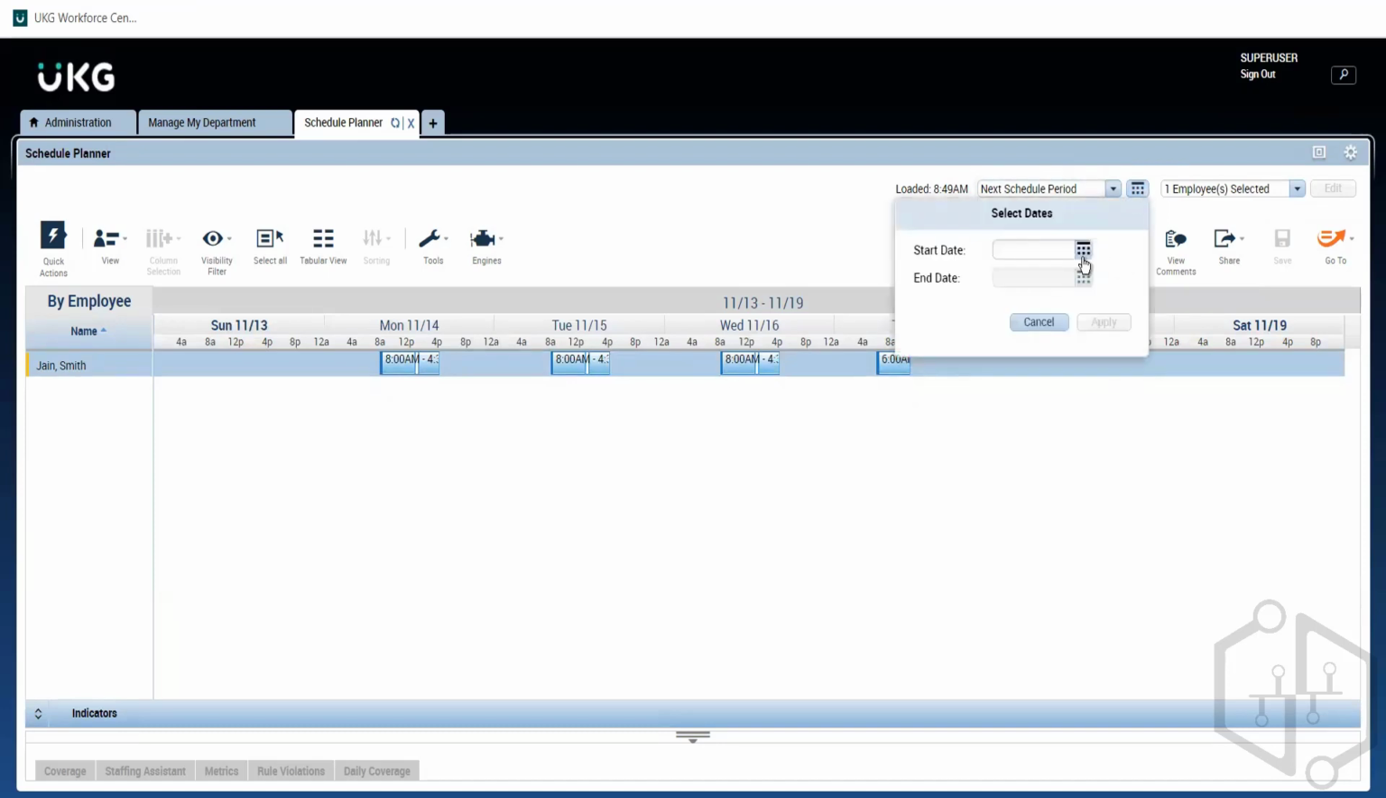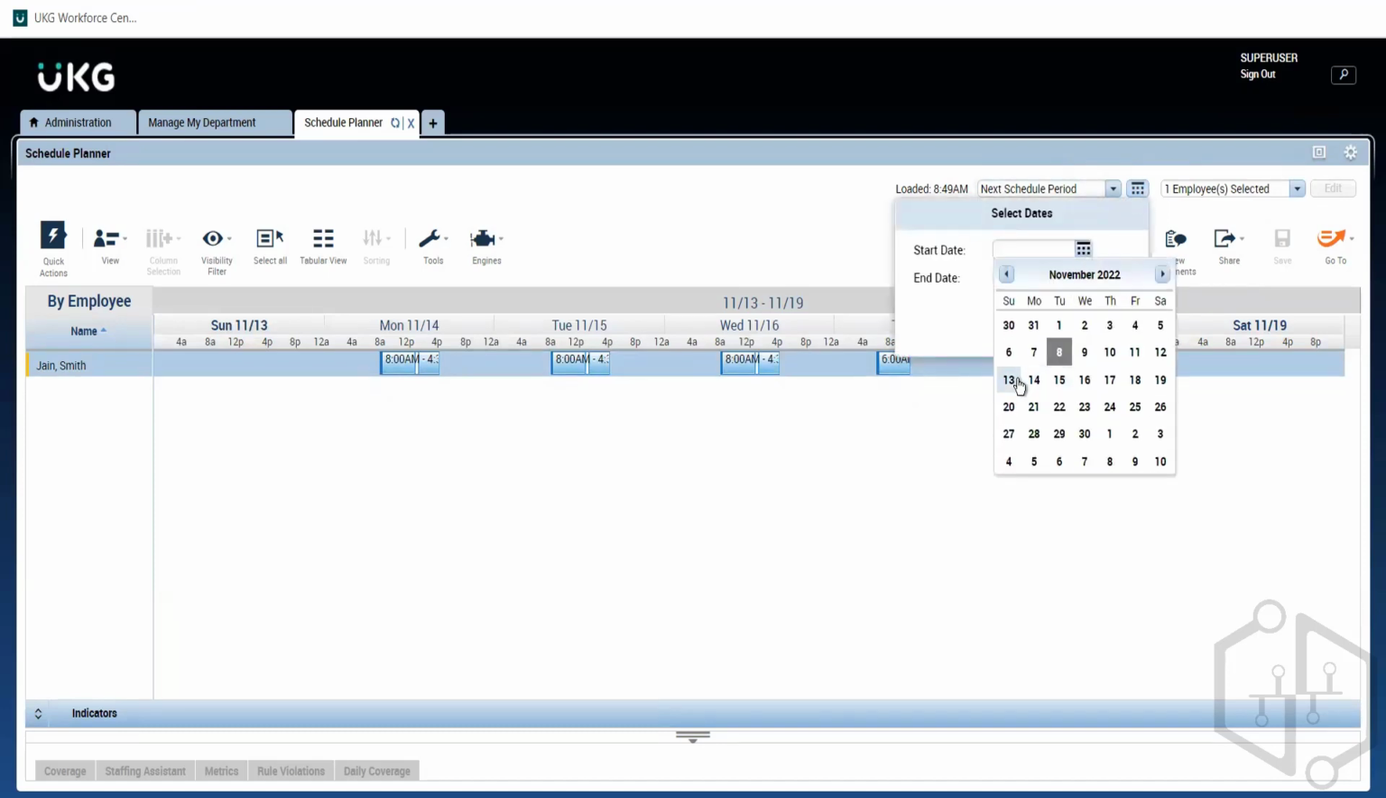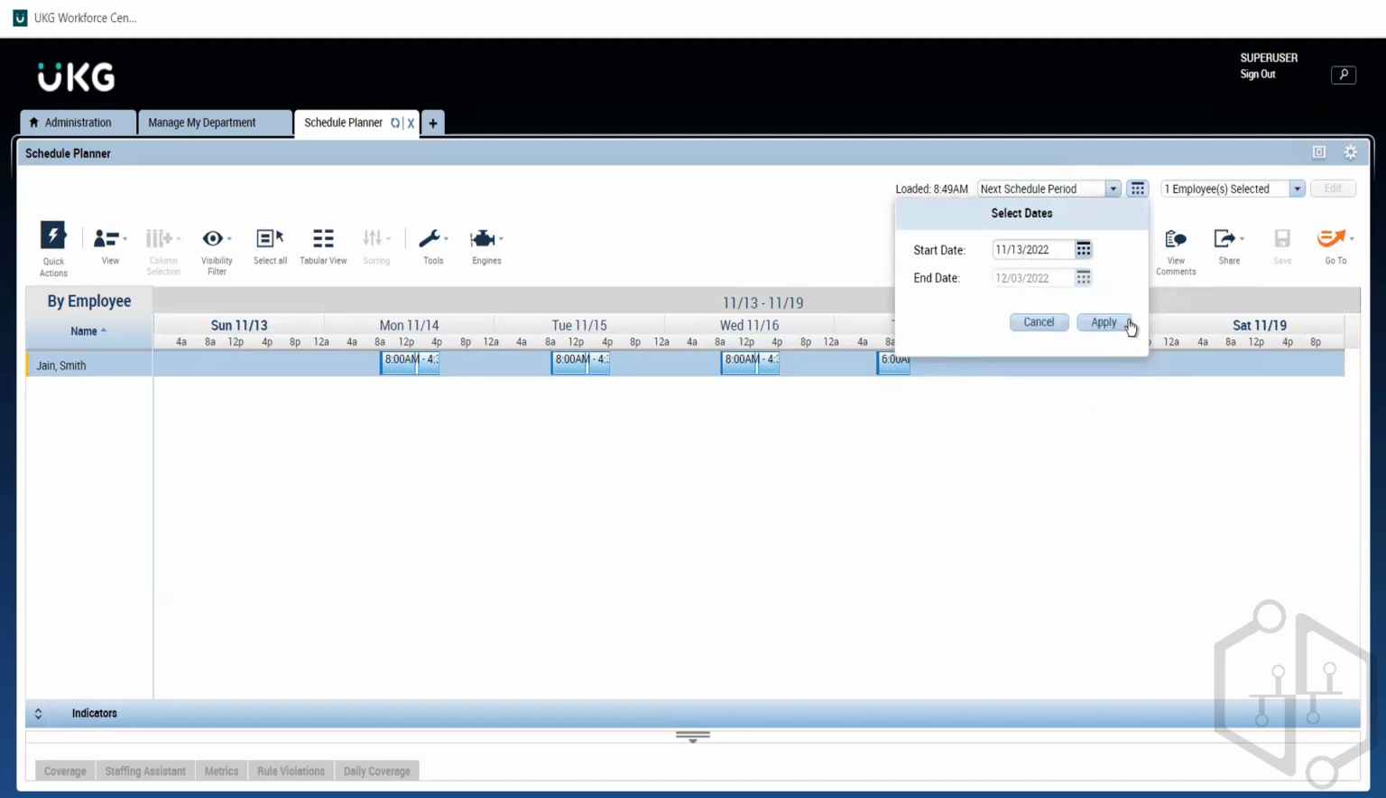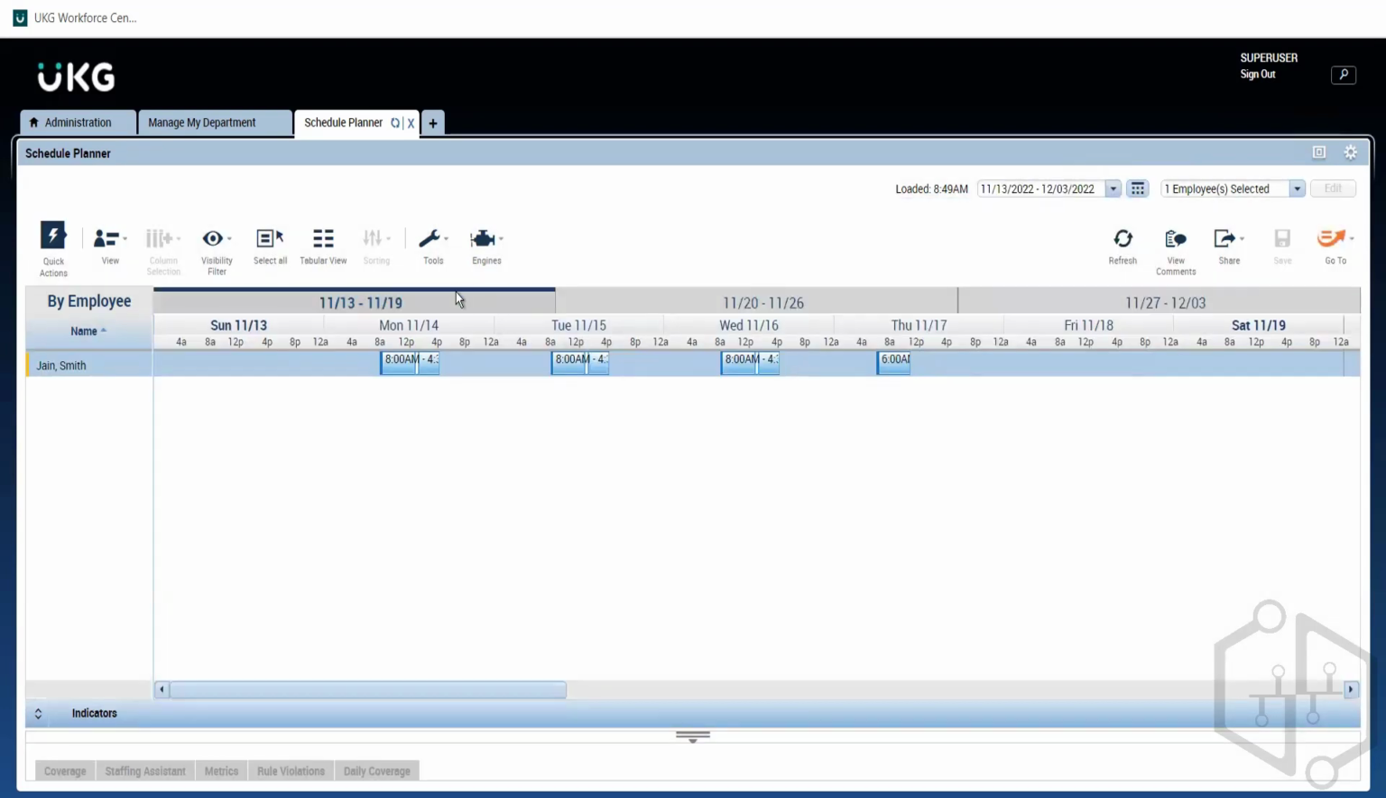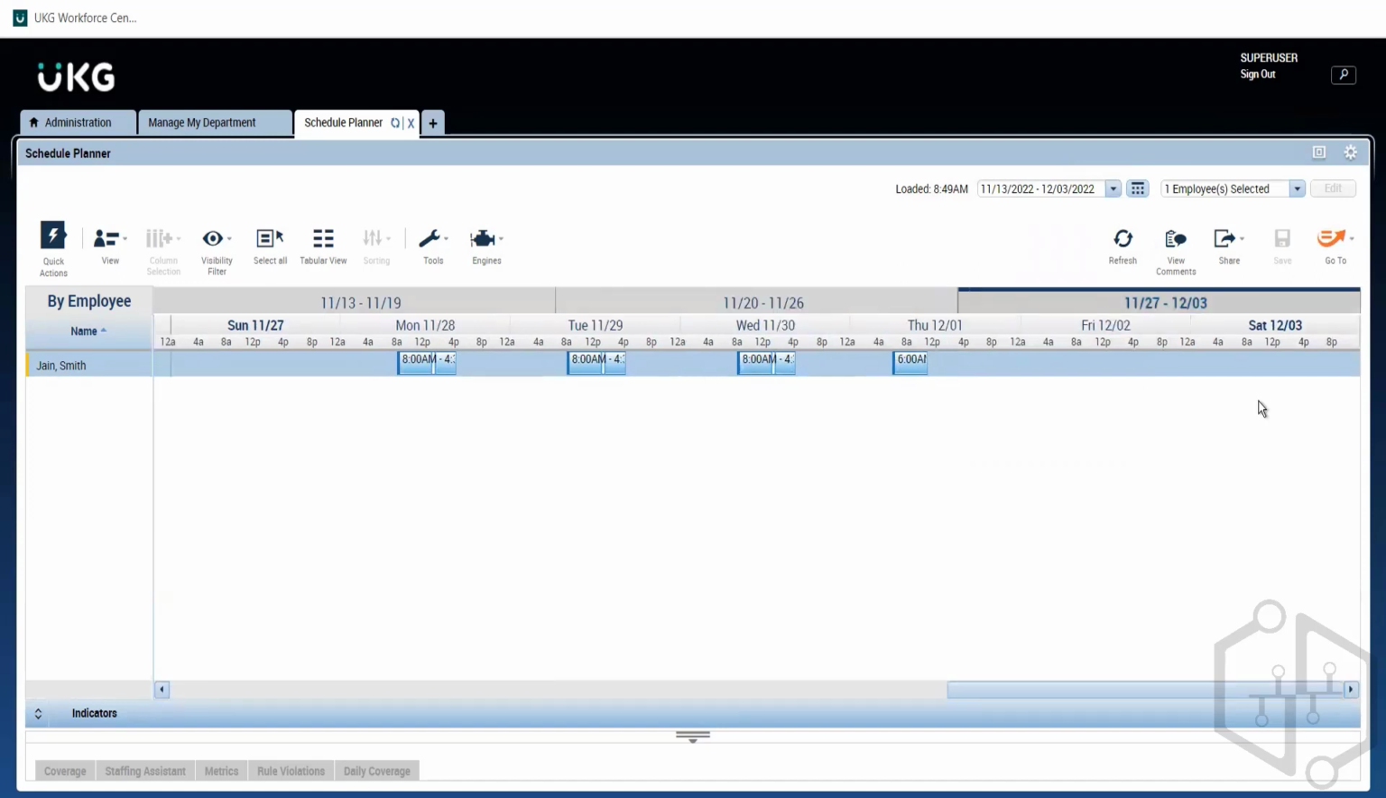Let me open the dates from 13th to 3rd of December. For all the dates, it will be there. This week it is, and if I go to the next week, the same pattern has been replicated, and again till 12/3 it is replicated. Clear? So this is how we are assigning the